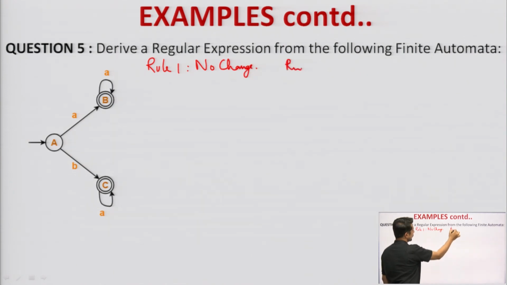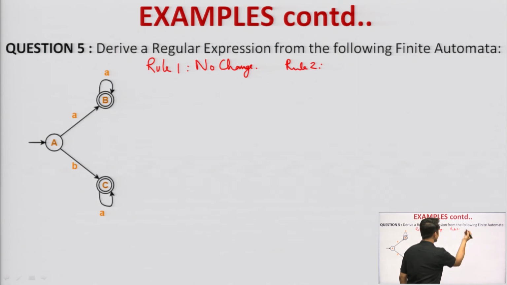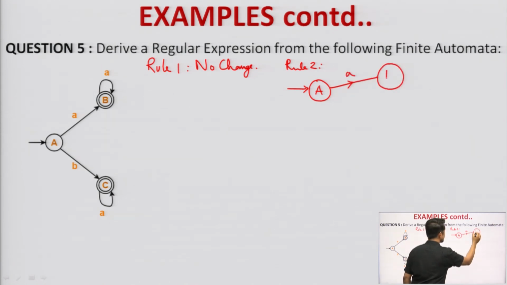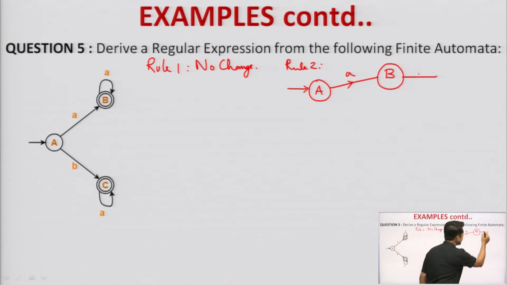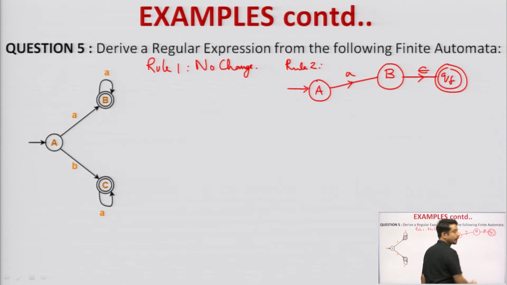Okay. If we talk about rule number 2, rule number 2 says that final state should not have any outgoing edges. Now, we are having final states with outgoing edges, correct. So, for the final state's outgoing edge, what I will try to do is take the initial state as A, and from here I will do an input transition, and this B will now become a normal state, and from B I will take an epsilon and make another state Q f as a final state.